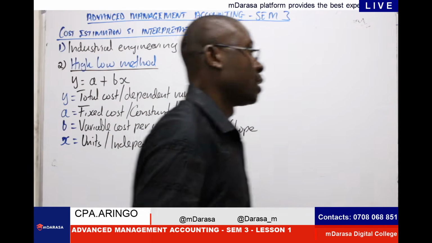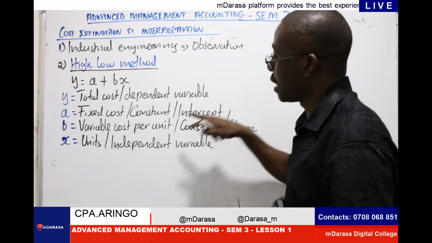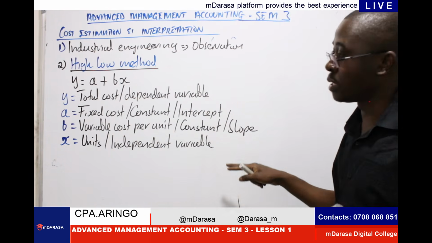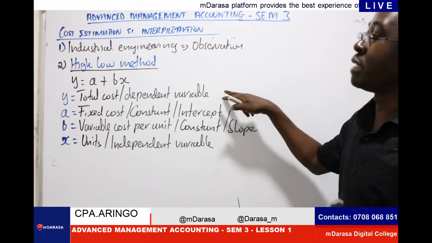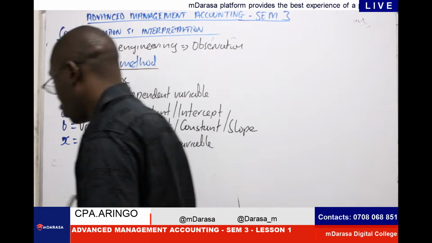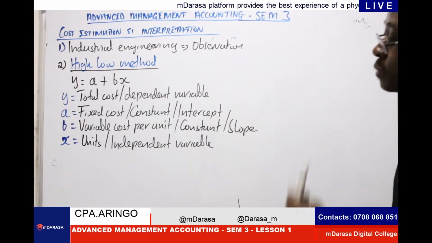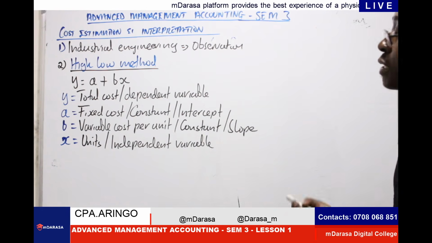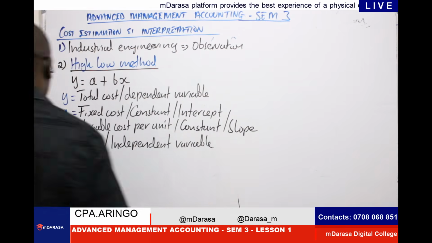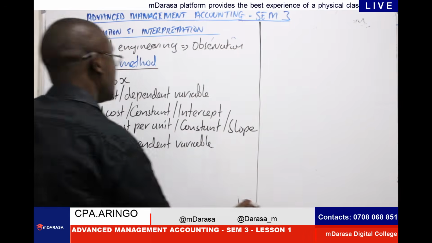So what will lead us to have this cost? It is the values of x. This will be the determinant. This is what will lead us to incur the specific cost that I wish to incur. So at all times it is key to make sure that we understand the aspect of x. Now, the interesting part with the high-low method is that our task will always be to identify the highest and lowest values of our activities.